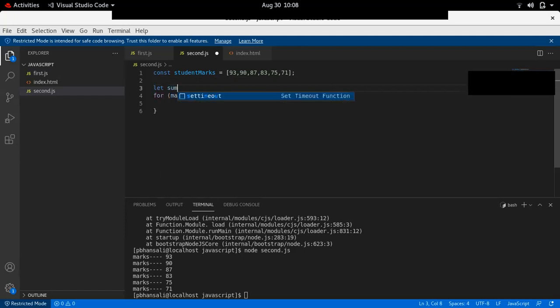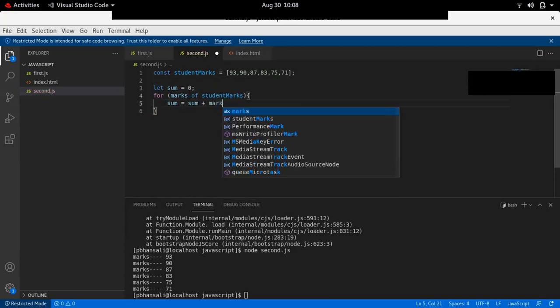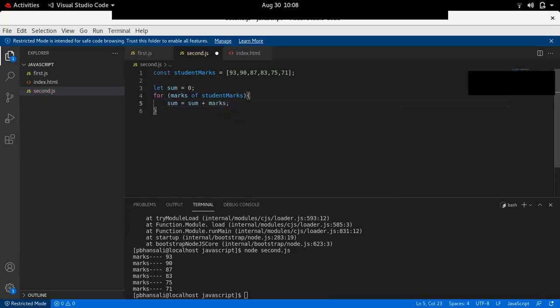Let sum equal 0 and in the loop, sum plus equals marks. Okay, we can do that one also. Every time it will add to sum. First time it will add 0 plus 93. Then 93 plus 90. Then 183 plus 87. And this operator is called plus equals to.